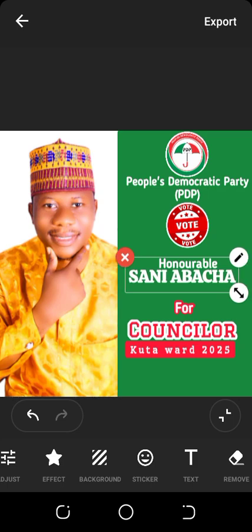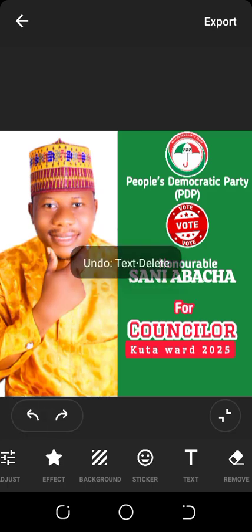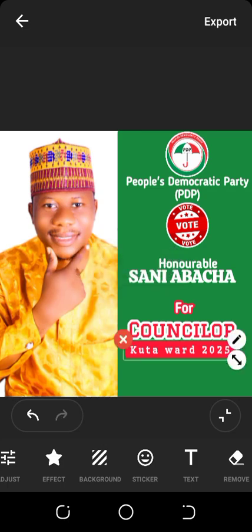Good. So this 4. Well, this black space before export, I'll put one there. So this 4 should move up a little. Let it be at the middle. No, it is not still at the middle. This Kuta word should be reduced a little and move this way. Very good. So the next thing I want to do is